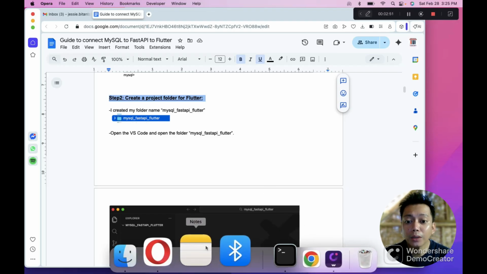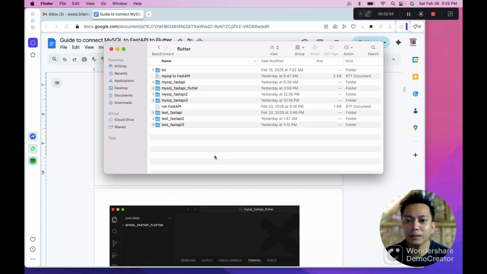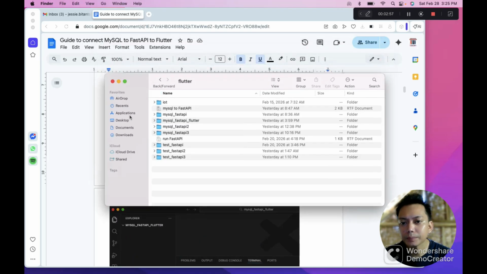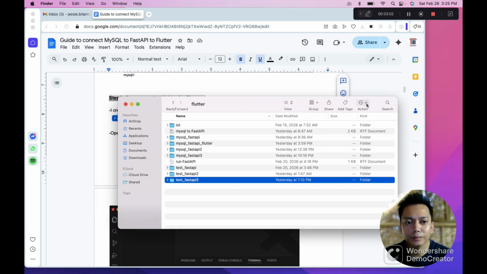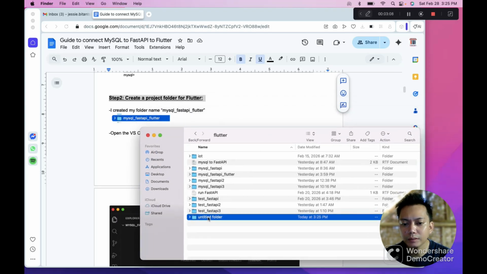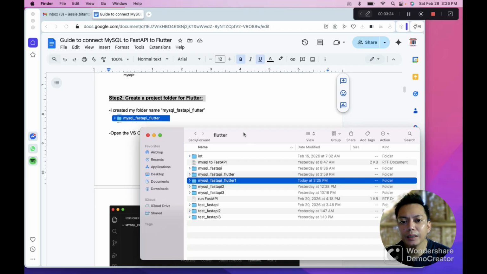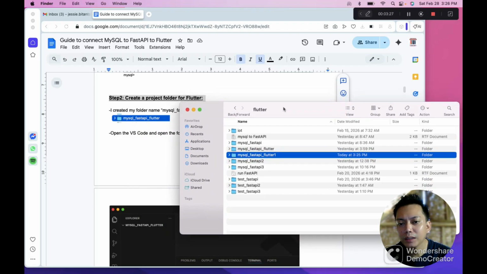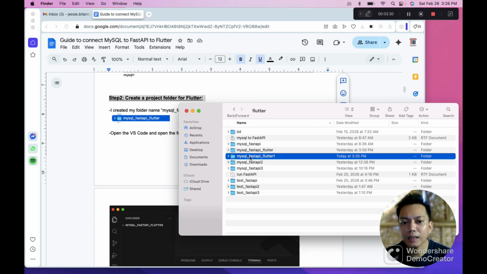So we are now going to create a folder. Then we're going to name it MySQL FastAPI Flutter. Okay, so we have now the folder. In your case, it's up to you what the name of your folder is.